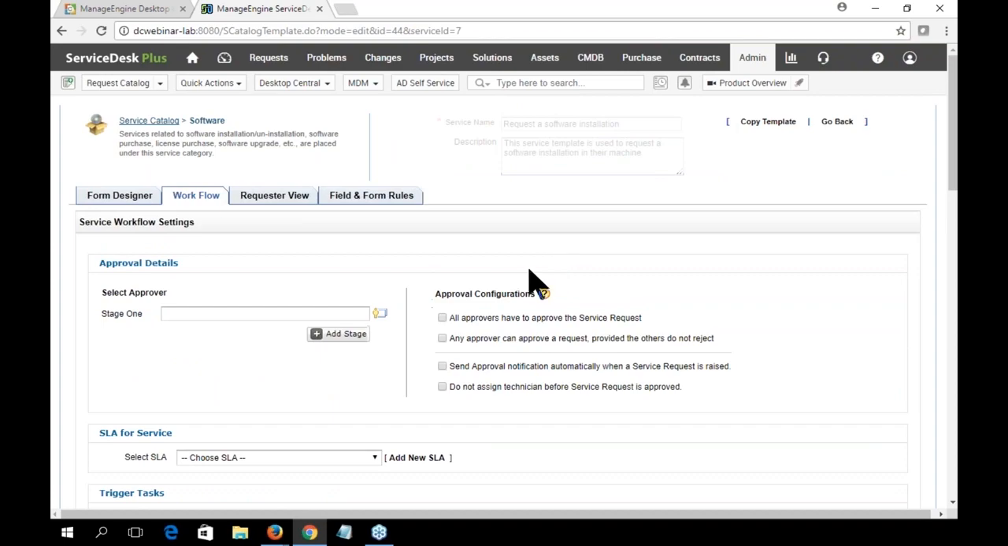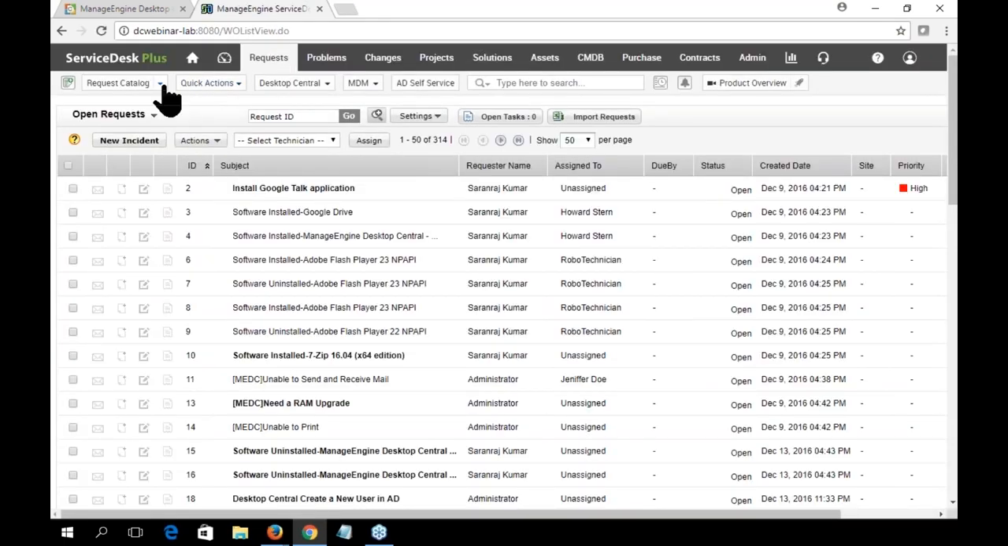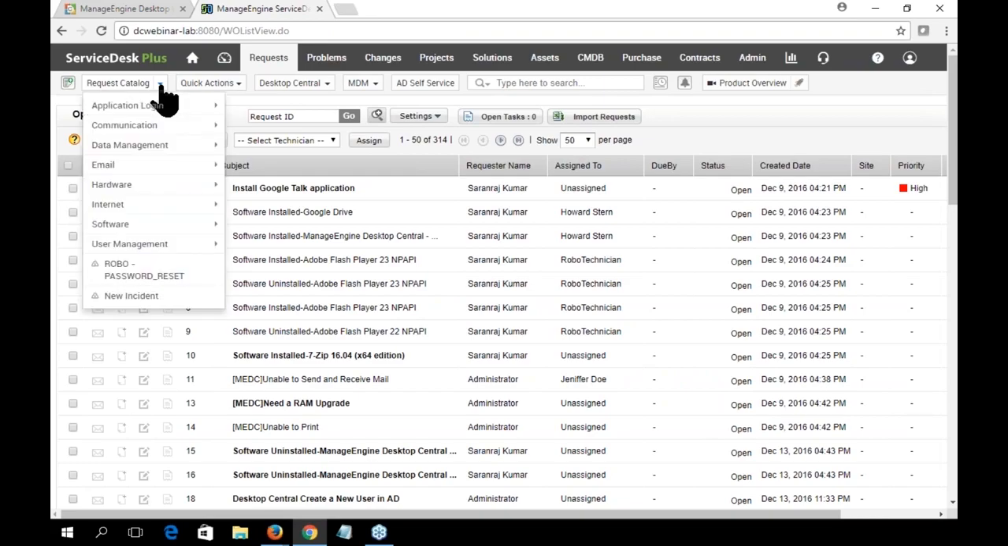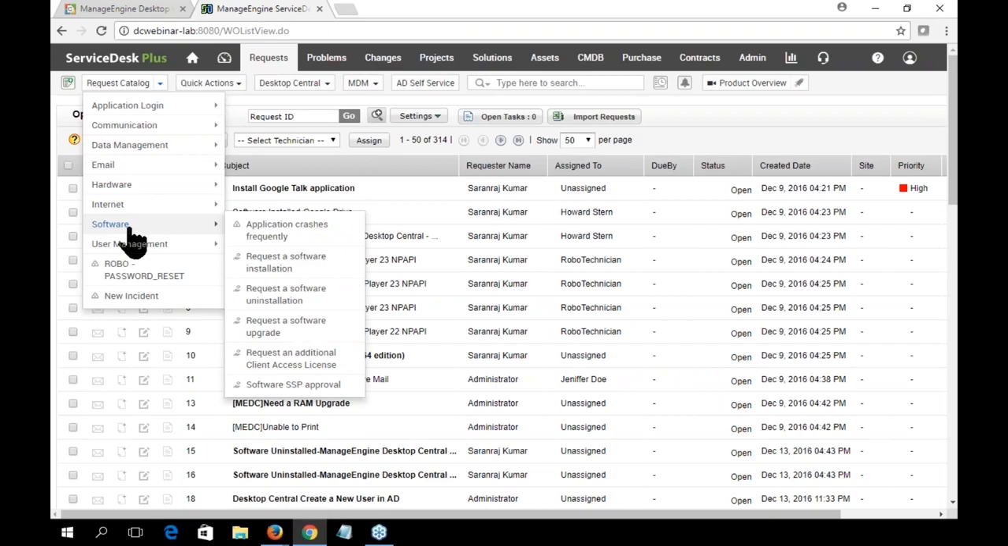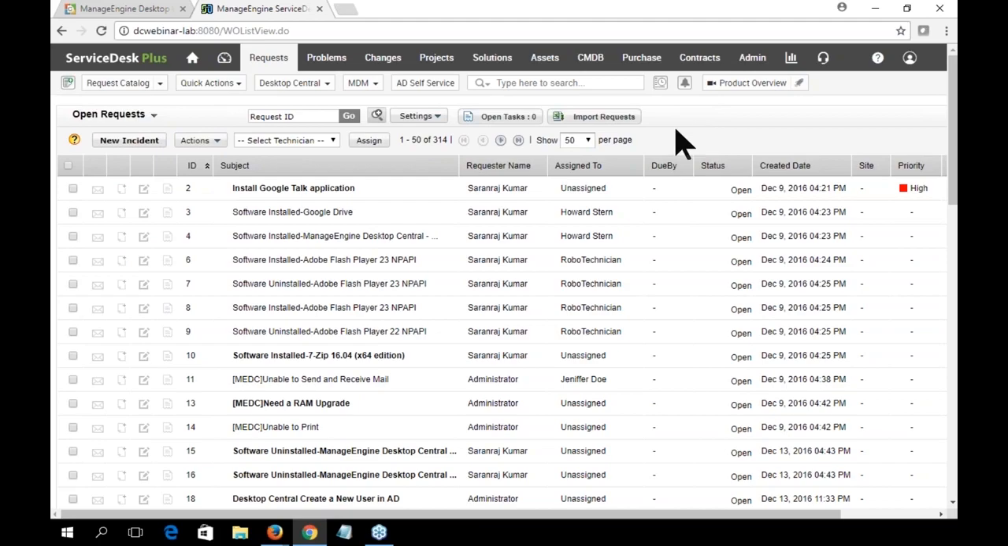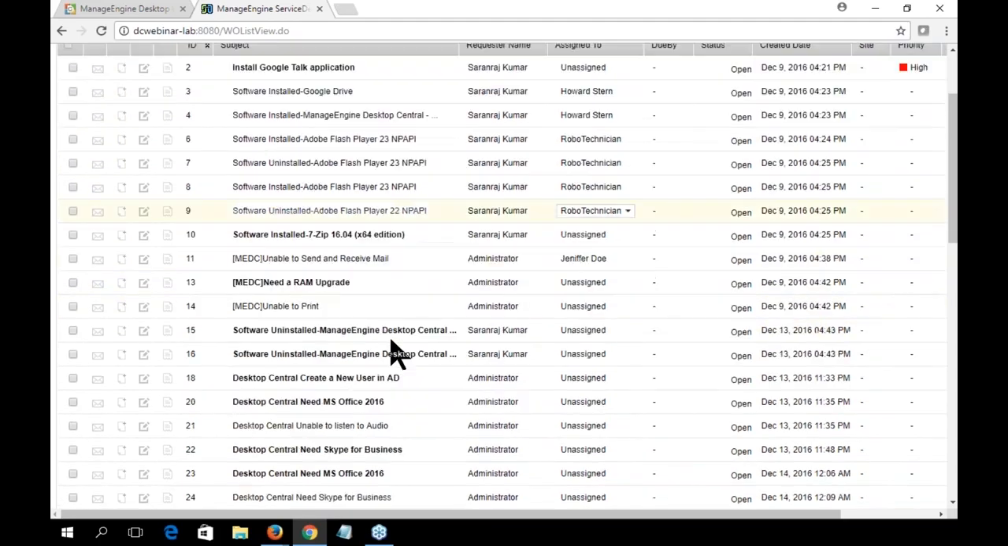Well, so now once the request is created, you also could see here about the request catalog. In the request catalog, you'd be having the list of catalogs and the software name, requester software installation, which we created as a service in this service catalog. Now based on this, I'm going to use